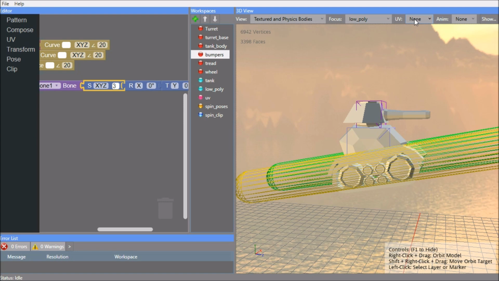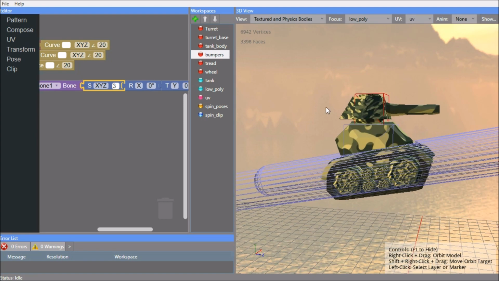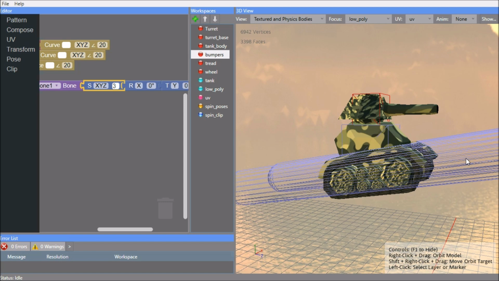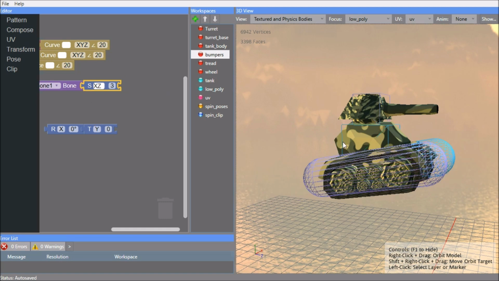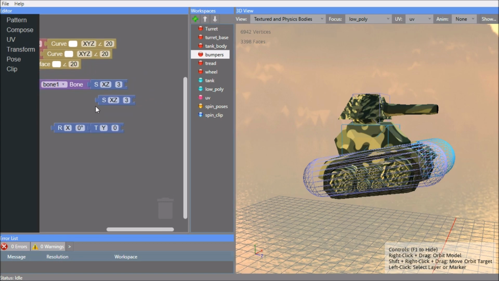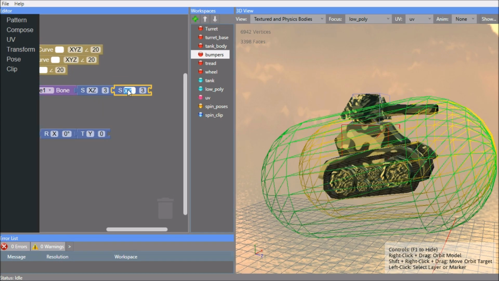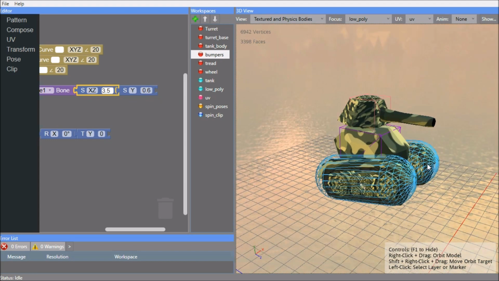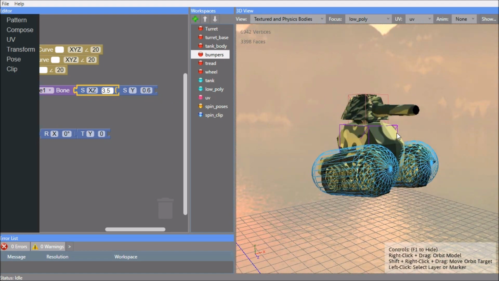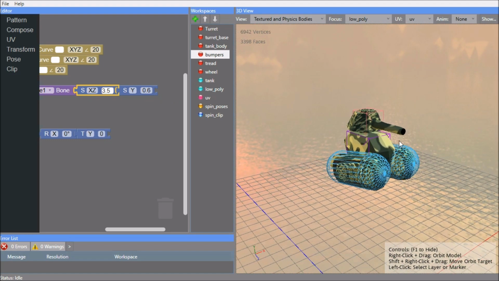We'll select the UV again so that it's shown. We notice that the capsule length is too long, so let's remove the Y component from our scale, which is the length. We notice that it could still be scaled down further, so let's duplicate this, add the Y component, and then scale it down to something like 0.6. We could then scale this up slightly, and now that fits. The physics bodies don't have to be completely accurate in order to give a good result,